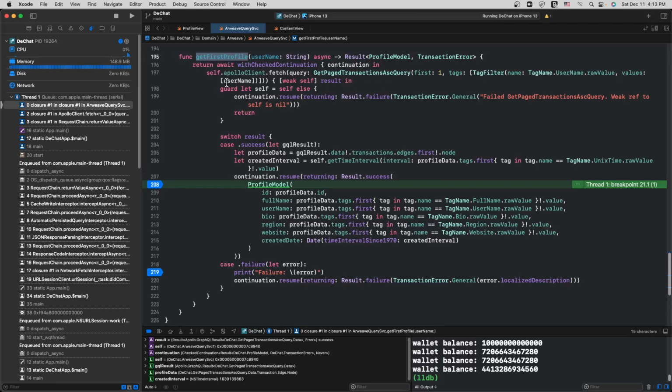So after a couple of layers of the application structure, we wind up in here. And then the reason why I want to show you this code specifically is because there's a couple of things to be aware of with Arweave. So like I said, there's basically three APIs: the JavaScript API, the HTTP API, and the GraphQL API.